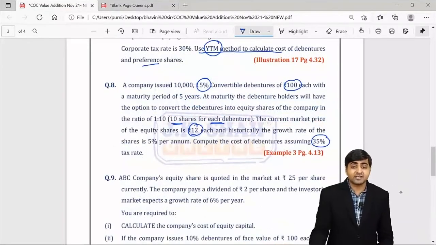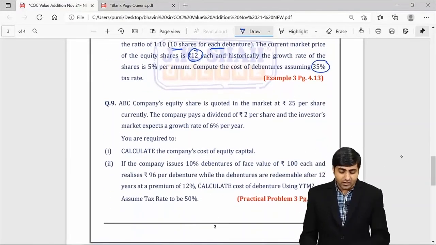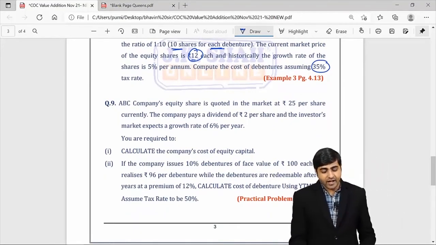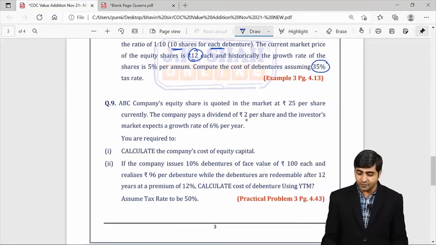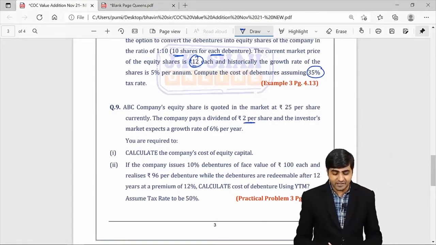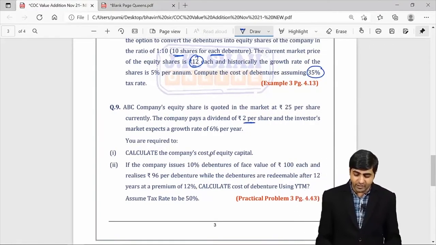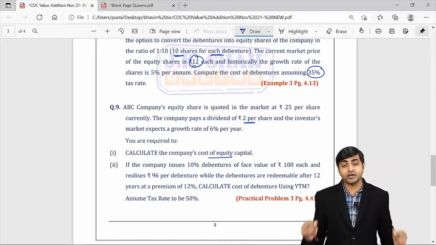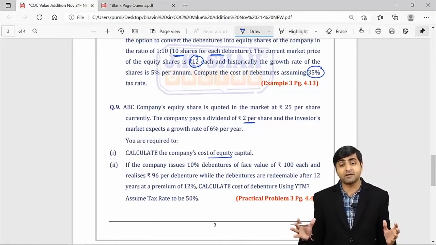So okay students, now let us start with the next question. ABC company's equity shares are quoted in the market at rupees 25 per share currently, and the company pays a dividend of rupees 2 per share, and the investors expect a growth rate of 6%. So you are required to calculate the company's cost of equity capital. Now that's very easy, because to calculate your KE, we have all the elements available